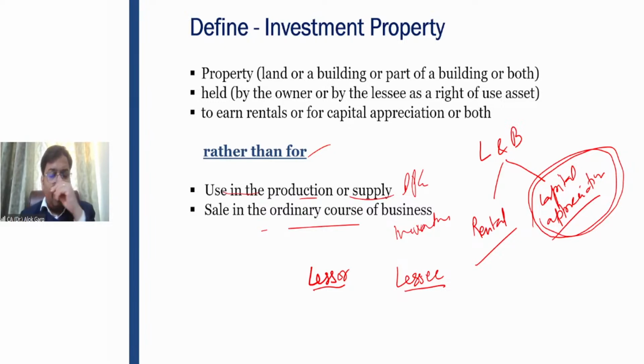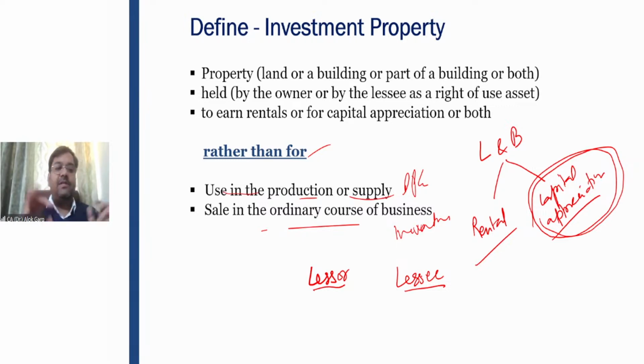So you have understood that if an entity is a lessor, and the entity is giving that property on a rental basis, and if that arrangement is an operating lease, in that case the asset will be lying in the books of the lessor. But if the arrangement is a finance lease, the asset will be de-recognized from the books of the lessor and the asset will be recognized in the books of the lessee. Am I right? This is what we have learned in AS 19, right? So the question arises, sir,